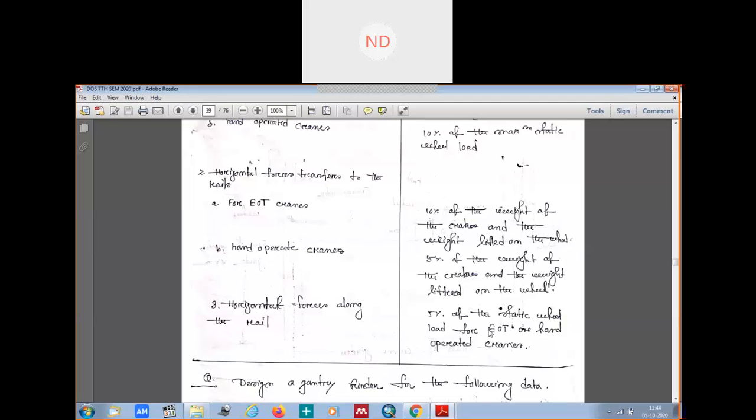Okay. Now, when we are designing a gantry girder, we have to see some things, like we have to know where our maximum load is, where our maximum bending moments are, and our maximum shear forces. So if I try to show you,